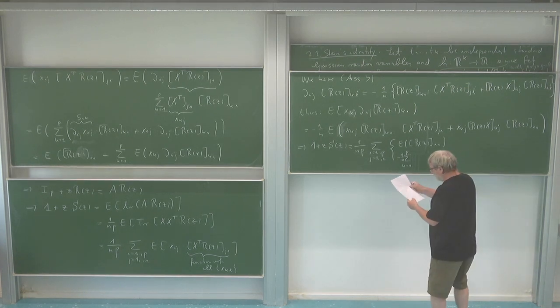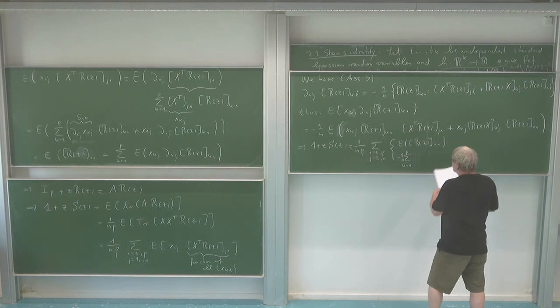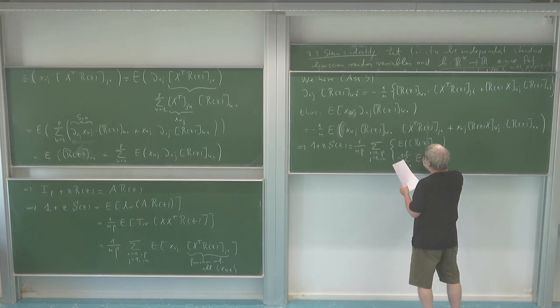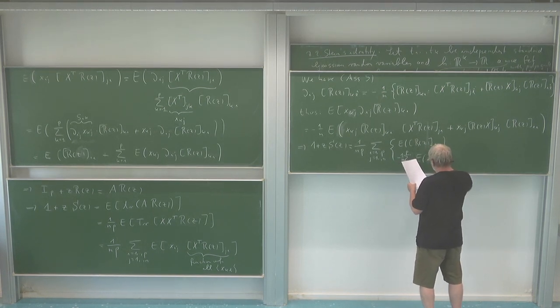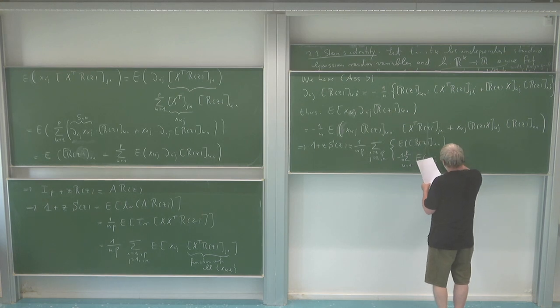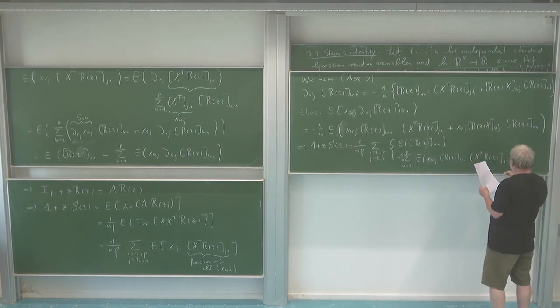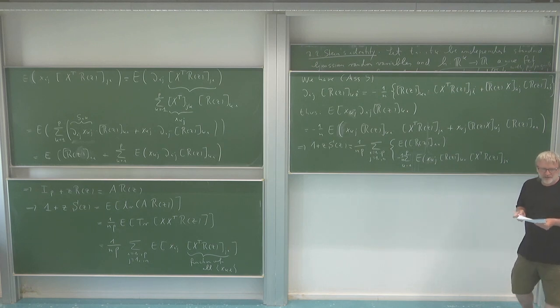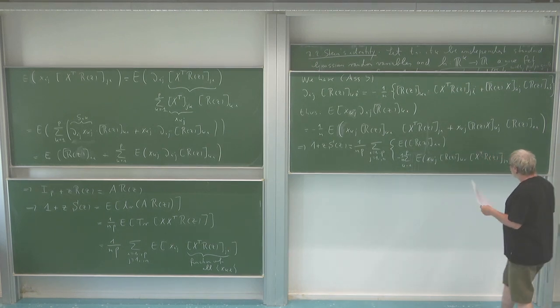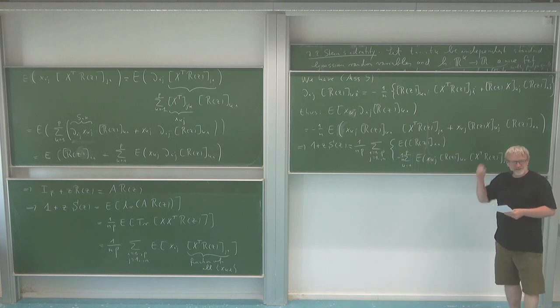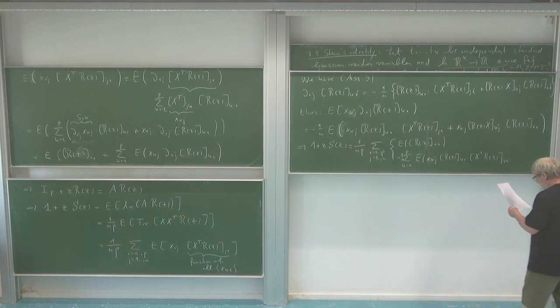Good. So I have this minus 1 over n, the sum, and then I have this expectation of x_kj r of z, ki. Okay, it's writing the same things again and again, but this is really something you have to do for yourself, in particular just to get the indices right, because in the end everything has to fit together. It's something like this, but if you don't get the indices right, then you cannot be sure.